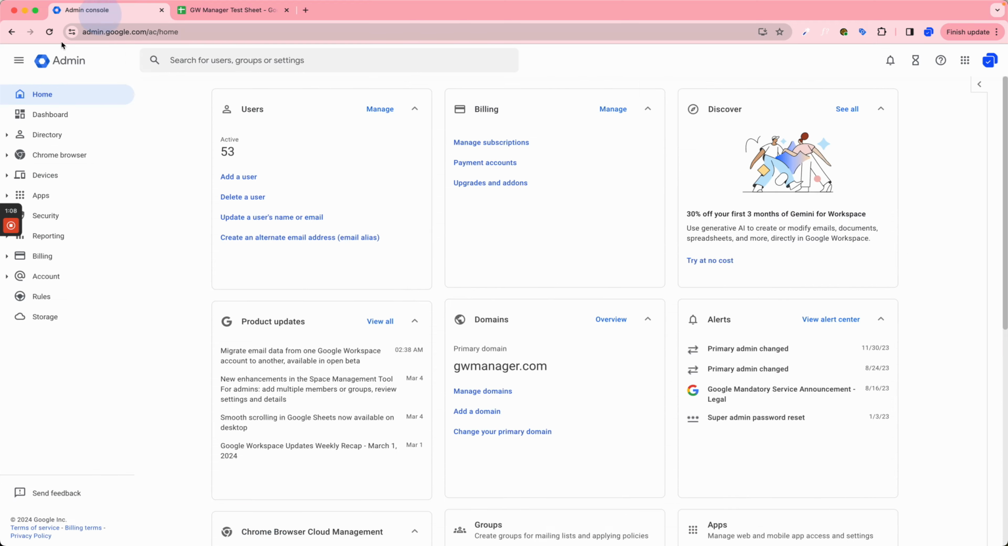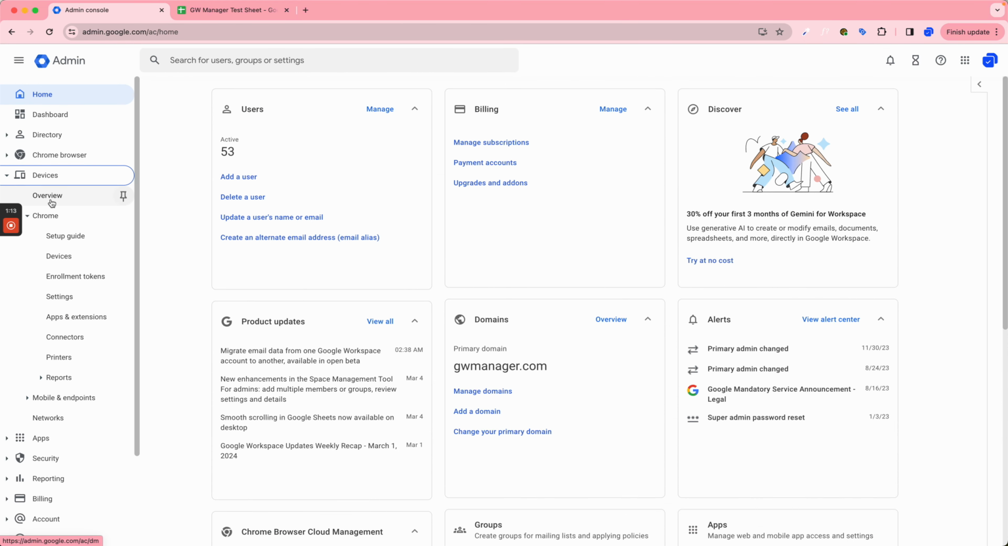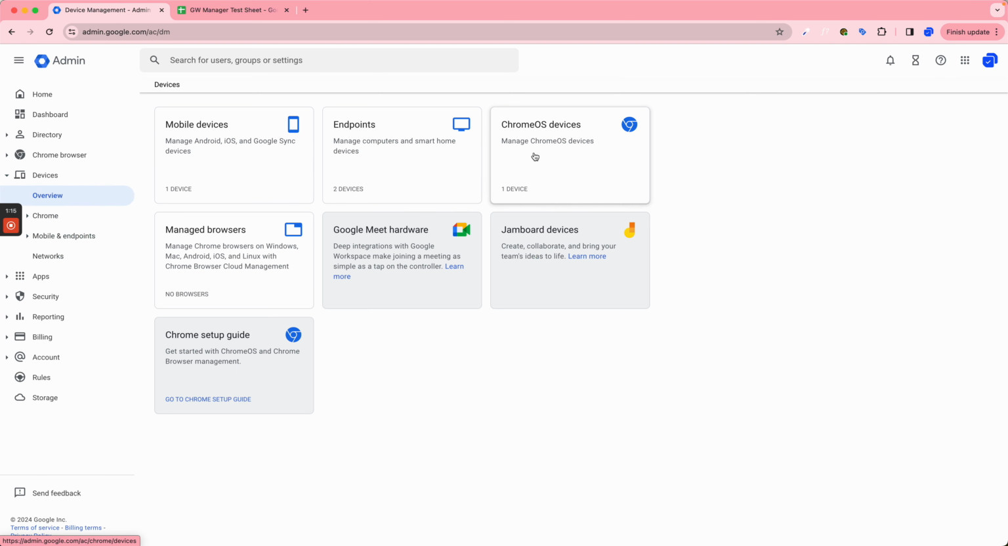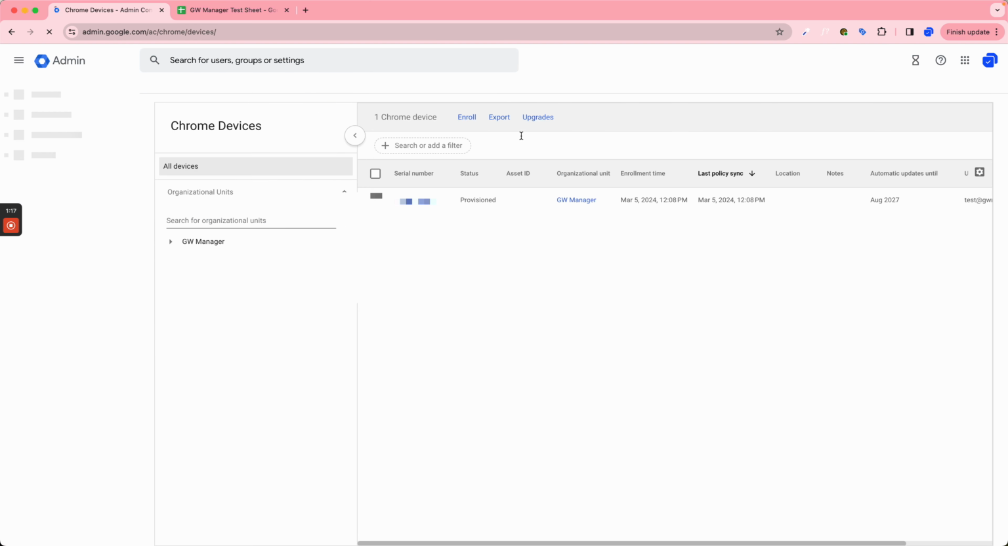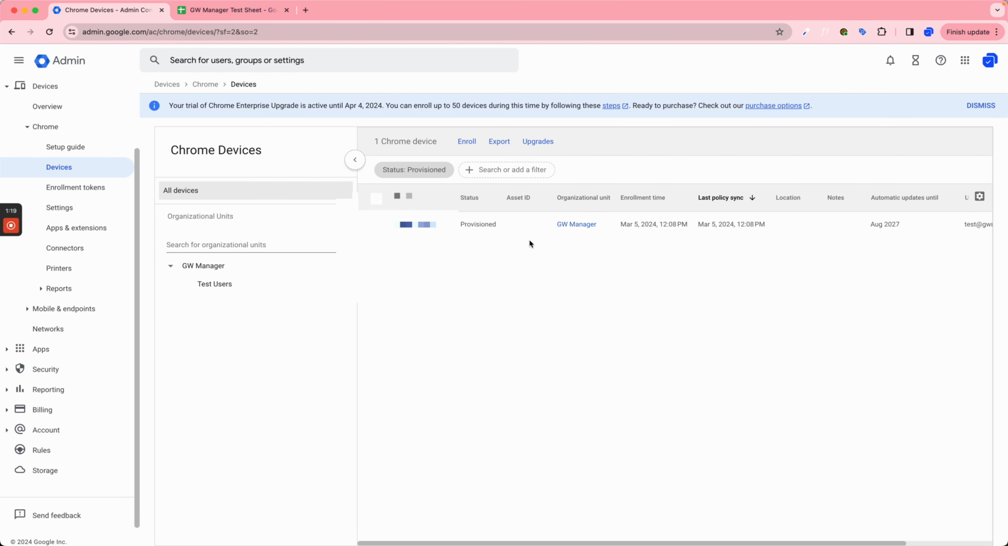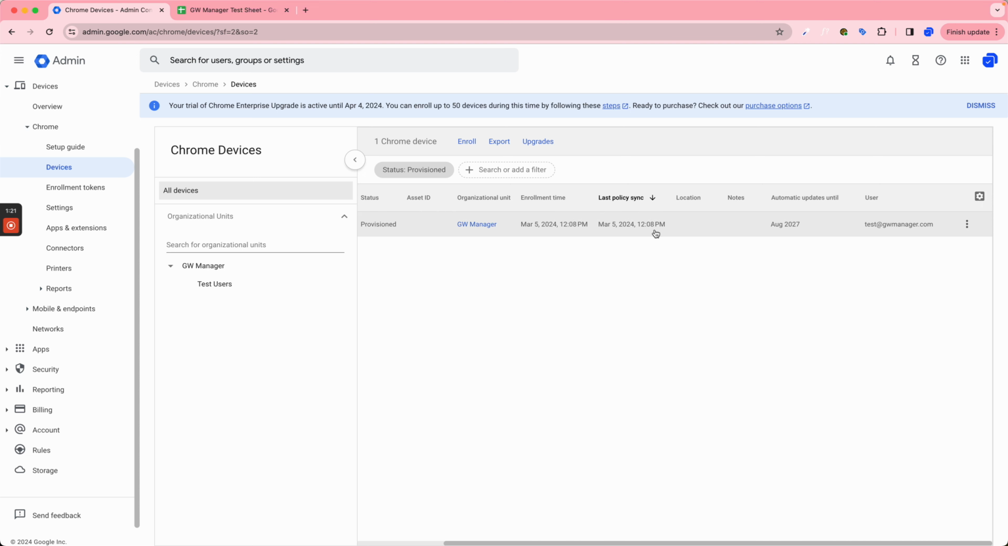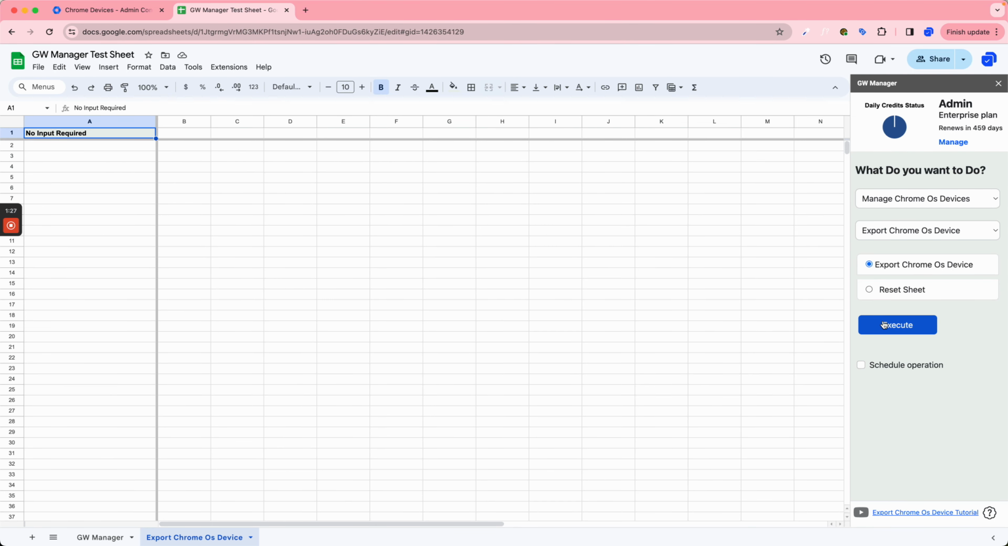But for that, let's go to Admin Console. Let's go to Devices, Overview, and we can go to Chrome OS Devices. And we see that we have one device registered or enrolled for test at GW Manager. We'll come back here. We will click on Execute,